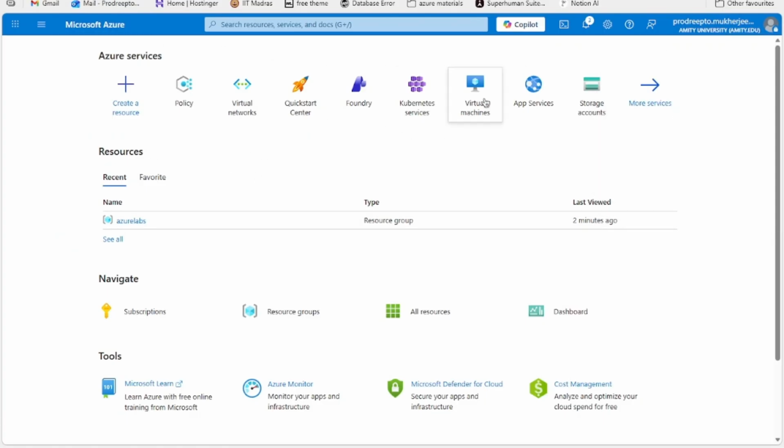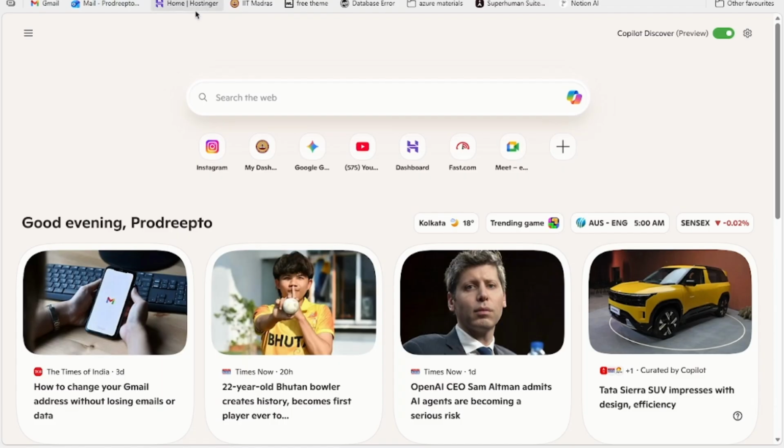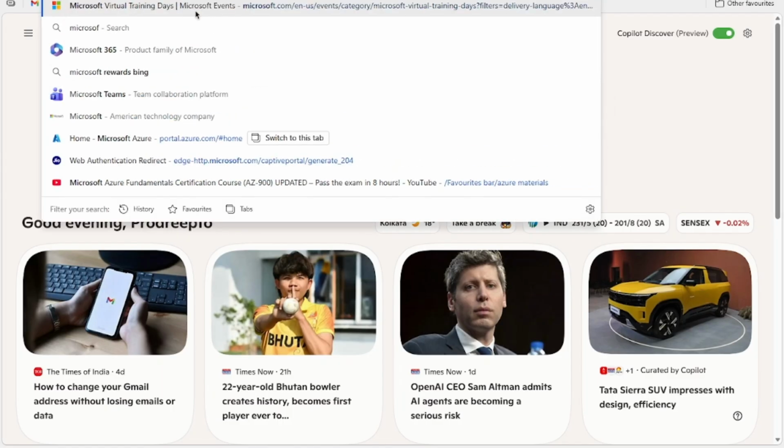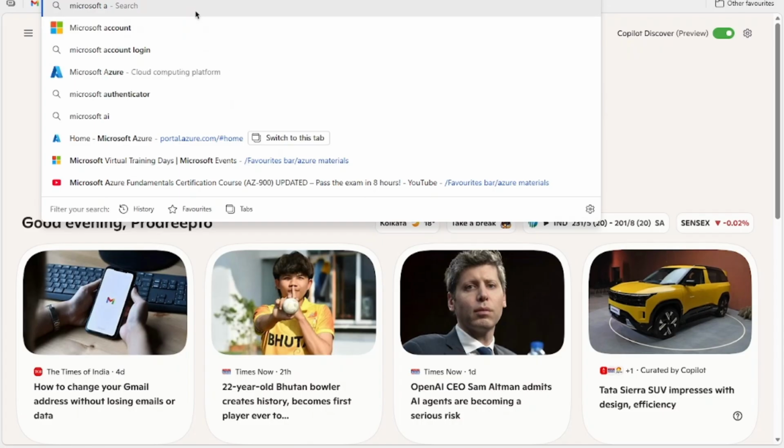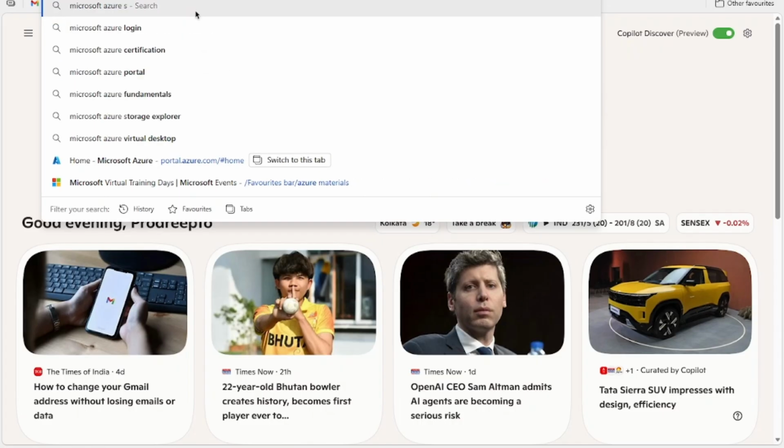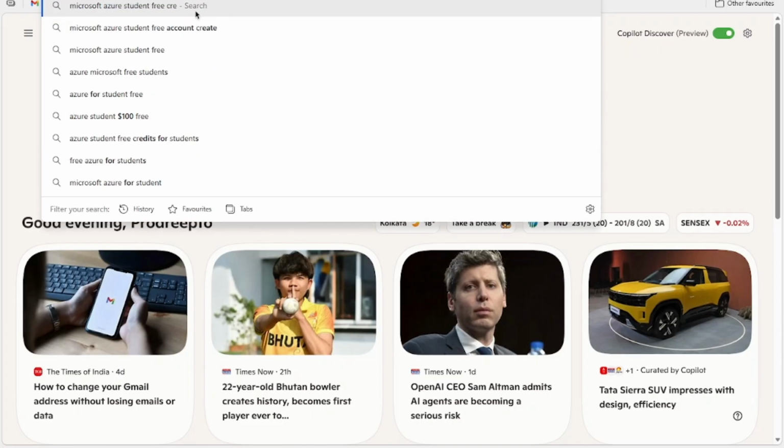Hello guys, I saw a very unique problem with Microsoft Azure. As you can see, I'm using an education plan for a Microsoft Azure free trial. So if I show you this Microsoft Azure Student free credits,